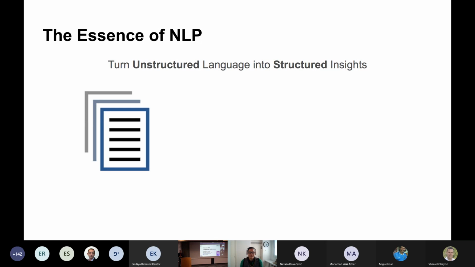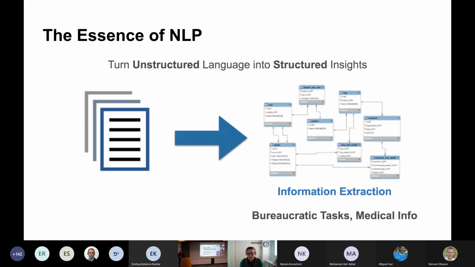So as usual, I start with what is the essence of NLP. The way I see it, at least in practical terms, we want to turn unstructured language, text, into structured insights. And this has, of course, a lot of applications. So we can try to take unstructured text, like medical text, and turn it into forms that include information about useful entities, diseases, symptoms, certain bureaucratic tasks like legislation, law, finances. We want to extract certain entities and relations